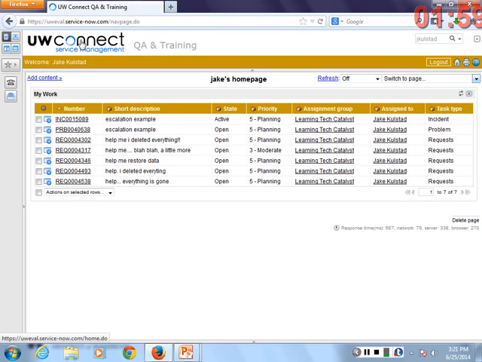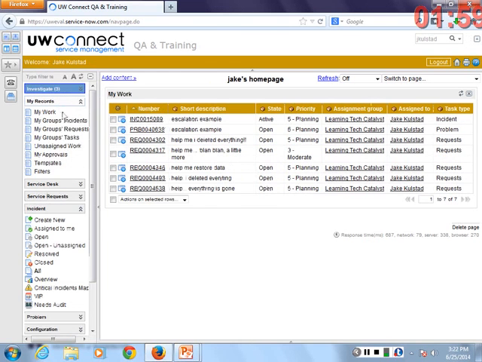Just keep in mind, whenever you click on the UW Connect logo, it's always going to take you back to the last page you had selected, not back to home page. That make sense? Okay. So we all have something that's slightly modified and renamed? Good. There are a lot of things you can add to a home page. By far the most useful at this point is going to be filters. So I'm going to show you how to construct a custom filter and how to add it to this home page so you can see a different slice of your data whenever you come here. Does that sound okay?